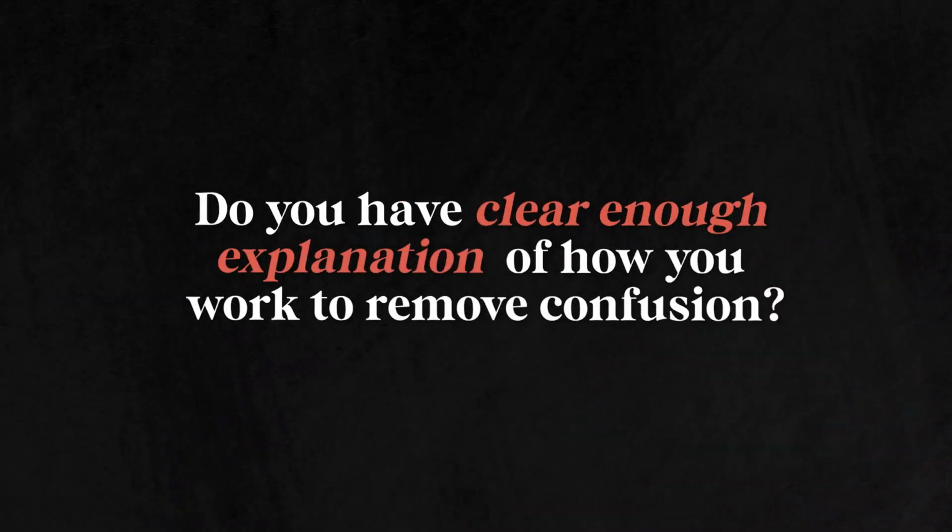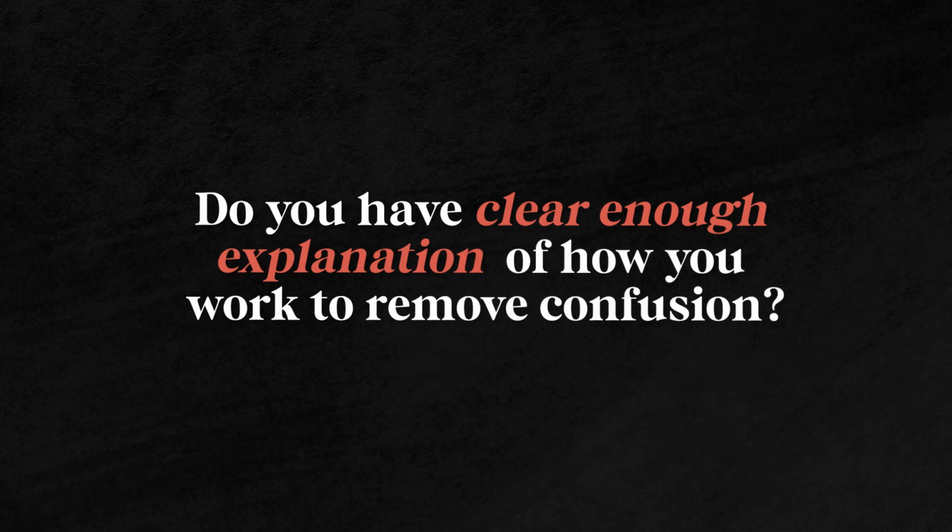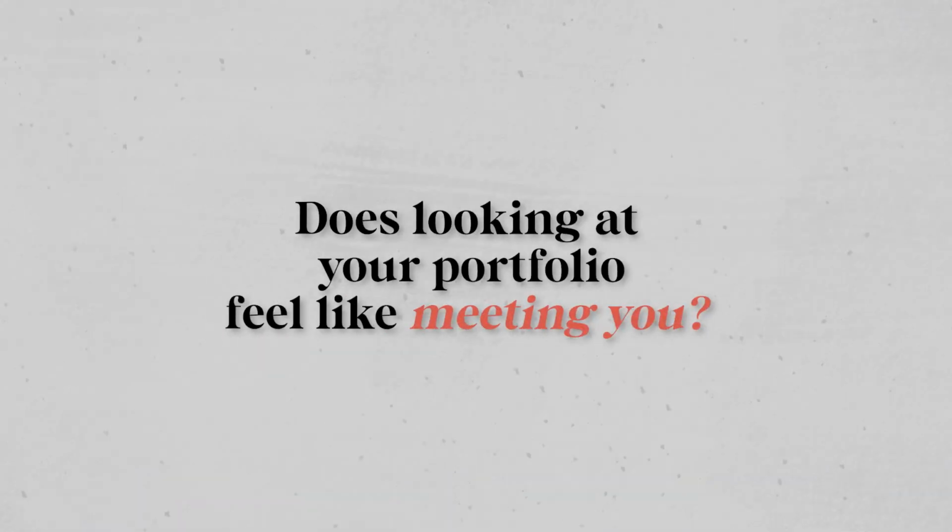Do you have a clear enough explanation of how you work and what you offer and how someone works with you that it removes confusion? And finally, does looking at your portfolio feel like meeting you? There are so many people in the design space, but there's only one you, and you need to give enough of an idea of who you are and what you have to offer that someone can see it and want